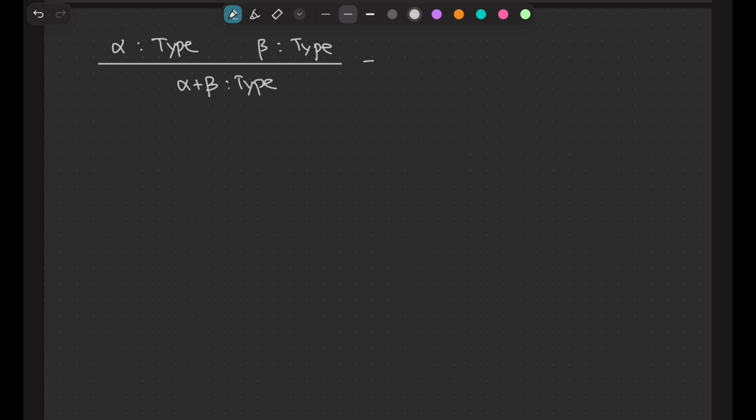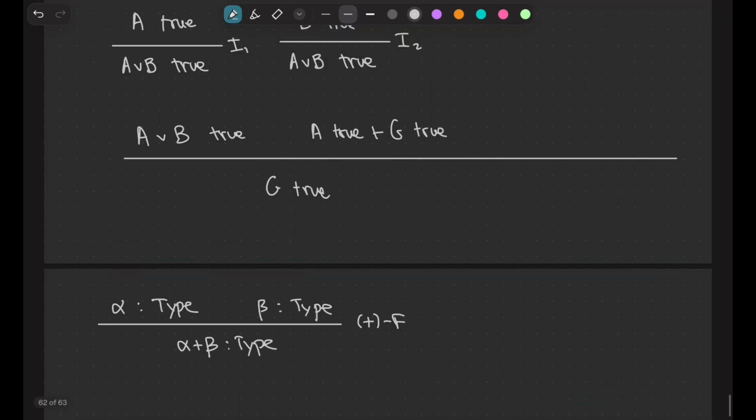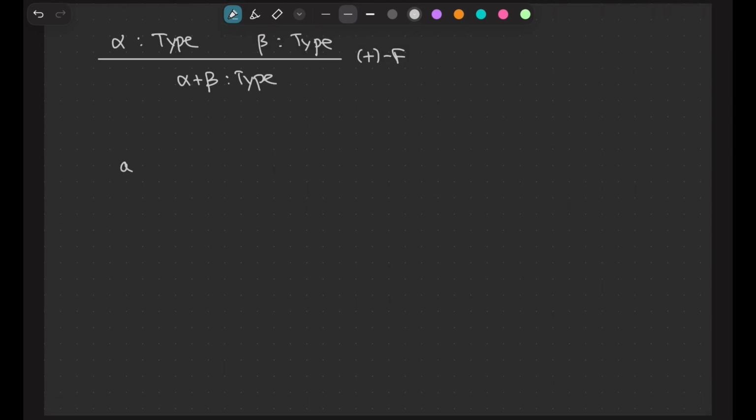This is just the formation rule for plus, and now I need to say what the introduction and elimination rules are. So let's copy this idea. I just need notation. So if I have a proof of A, I'm using terminology of logic while writing type theory, and this is on purpose.